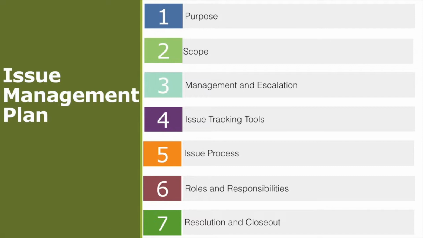So these are the 7 things that you're going to do and really put together when you're developing an issue management plan for your projects. So what I want to do now is spend a little time and look at each of these. What do they all mean? And as you're compiling this document, you'll actually have the pieces to put together a really solid issue management plan to be able to go forward and manage issues on your projects.